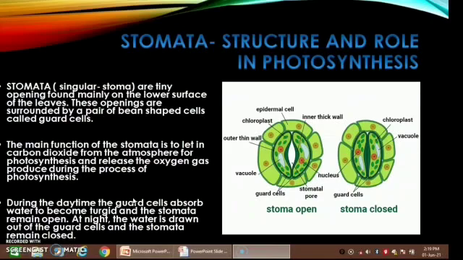When I say epidermis, I hope you all remember that in the last class I showed you that epidermis is the second layer or second covering of the leaf following the cuticle. The outermost layer of any leaf is the cuticle, followed by the next layer, that is epidermis. Now, these stomata are located on the upper epidermis as well as lower epidermis. That means each stoma will be surrounded by the epidermal cells that form the epidermis.